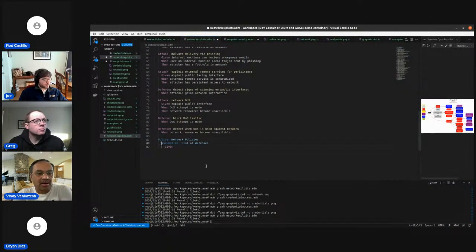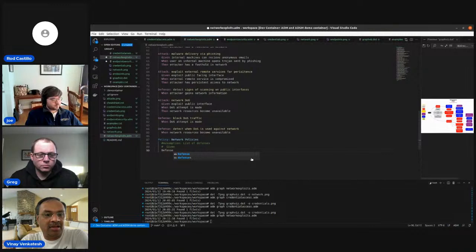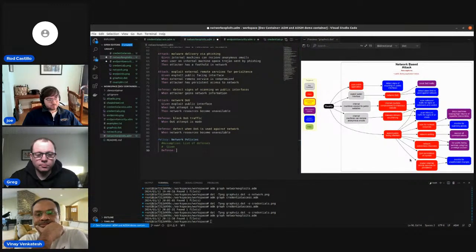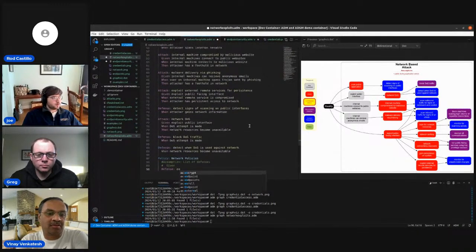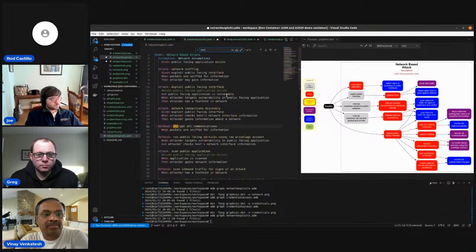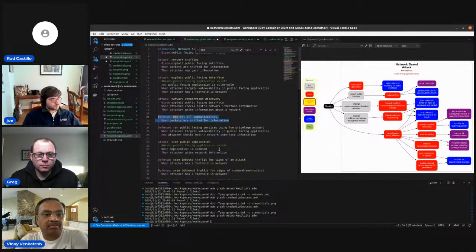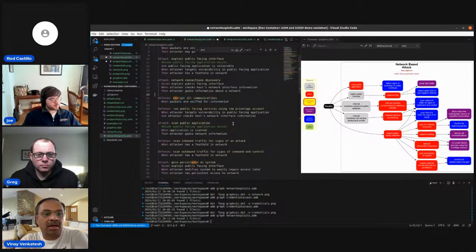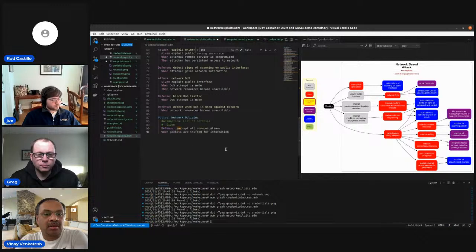Okay, so I'll comment this out just to remind myself when I look at it later. Is there a defense that you think will apply to the company's network policy? Which one would make more sense? I guess encrypting all connections. Yeah, just cut and paste them into this policy instead of redoing the same. Let me see if I can find it. I should probably comment it out here as well, right? Yeah. Now, if you save it and regenerate the model,